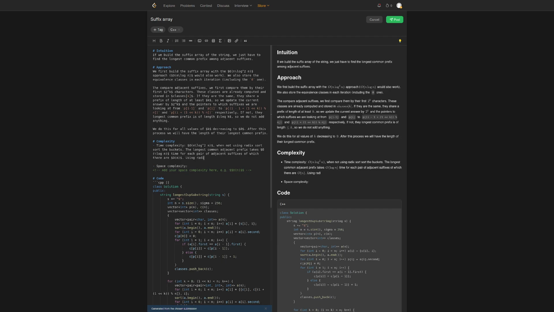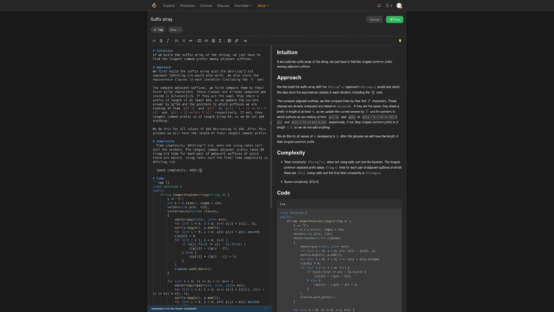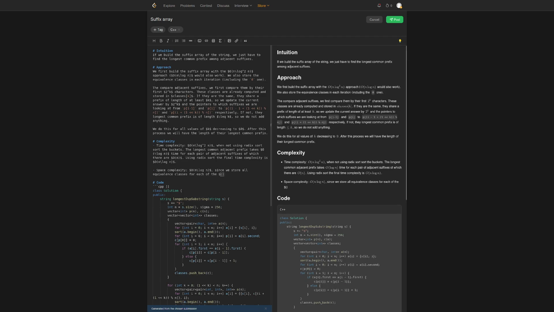Using radix sort, the final time complexity is O(n log n), since we store all equivalence classes for each of the O(log n) iterations. Okay, I mean, this approach I think I can call,